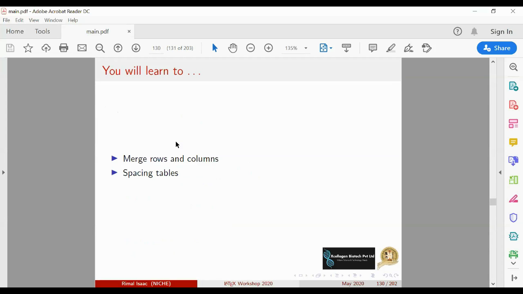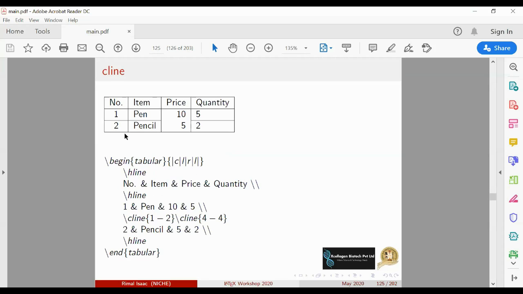Some tables, we will merge the rows, and some tables we will merge the columns, and sometimes we need spacing between the rows. So if you look into this table, you can see the space. If you look into this P, the space above this P is small, and the space below this P is very large.